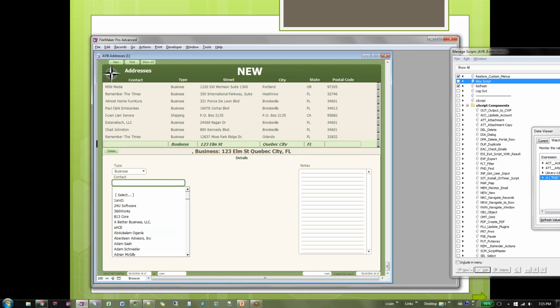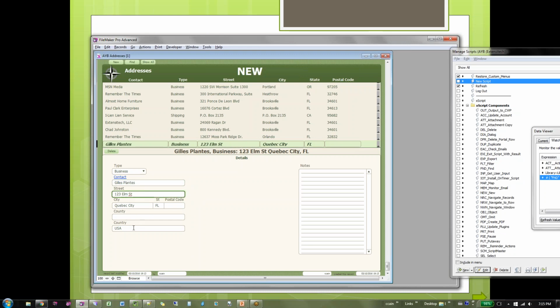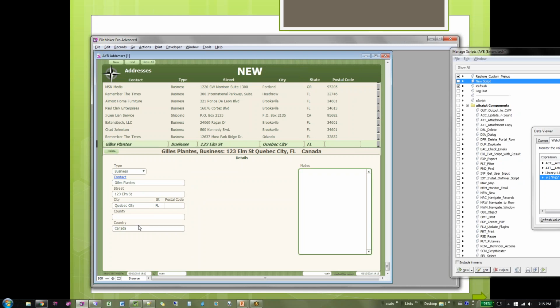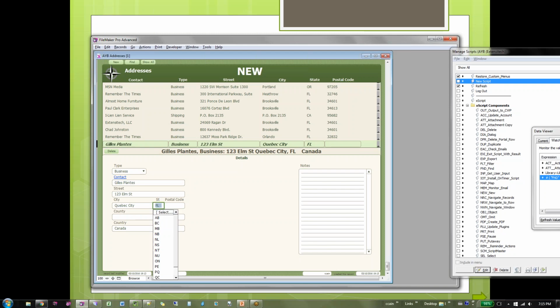Select the contact. Okay, we're going to make it Gilles. Okay. And I can pick a country, for instance, Canada. And that's Xlink. I can pick a state or province and find PQ.